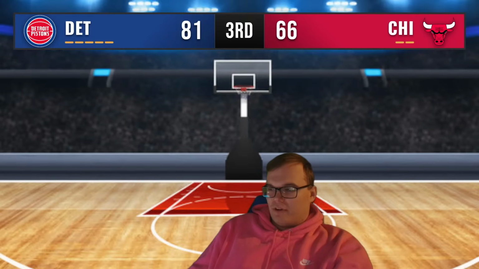5:11 left to play in the first half. Duren misses the free throw. Count that, baby, and a foul. Shout out George Blaha. 5:05 left to play in the first half. Duren misses the free throw. Holland picks up a steal. Finds Cade Cunningham. Cade looking to drive inside here, underneath.